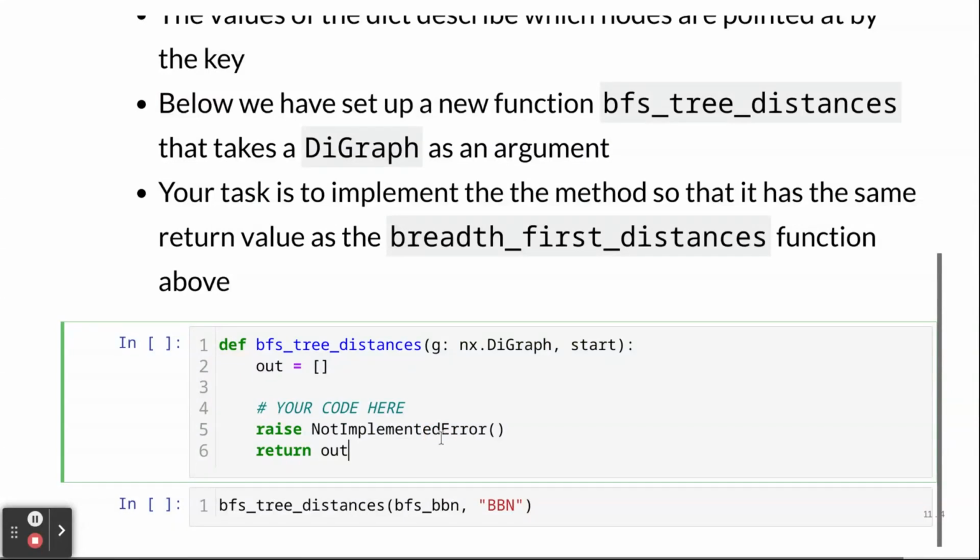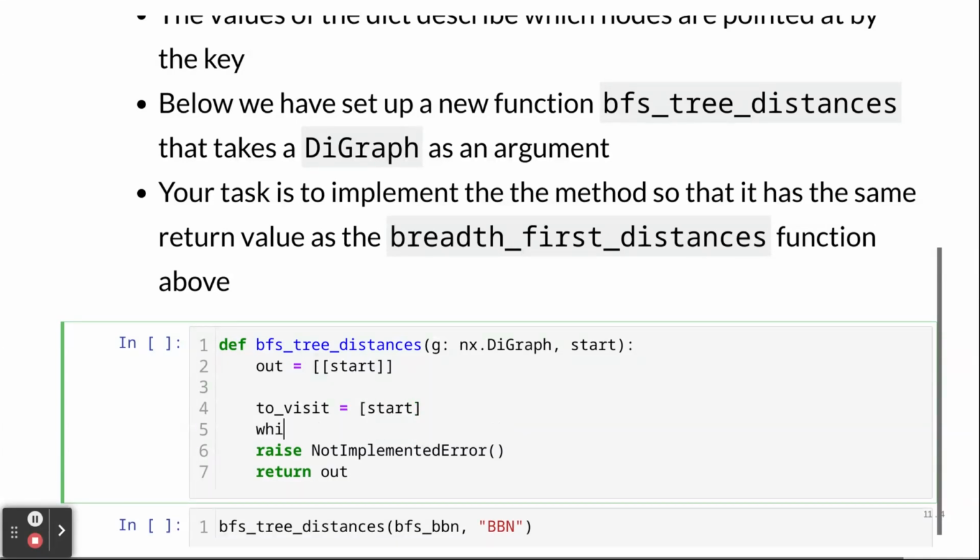Go ahead and pause the video. You can try to work through this, but we'll continue and do this ourselves. So here we go. If I were to do this function, let's see if we can do it without an error this time. I would first say start is the initial return value, and to visit is just start. And while we still have nodes that we should be visiting,